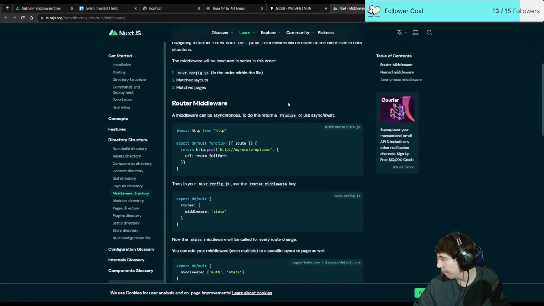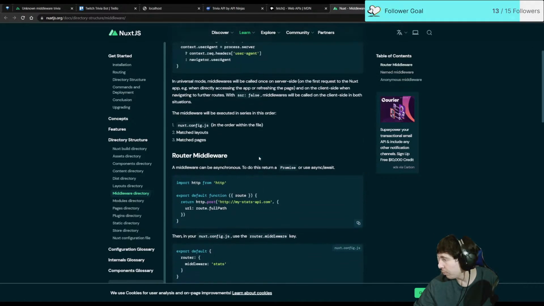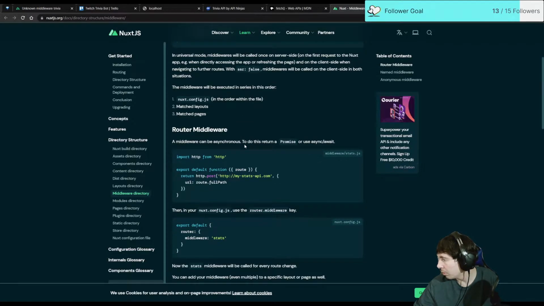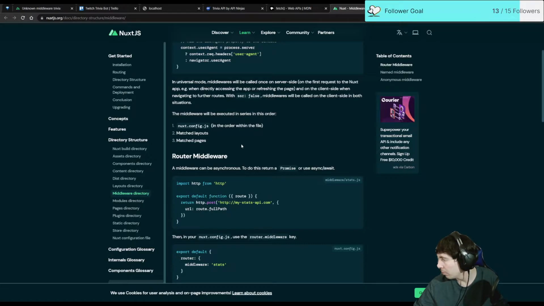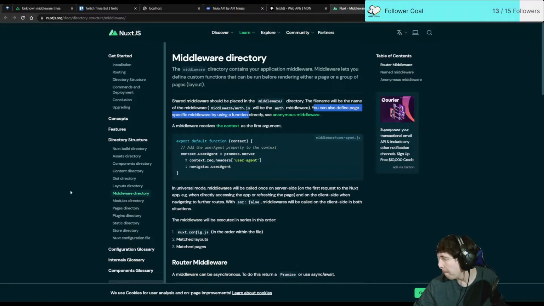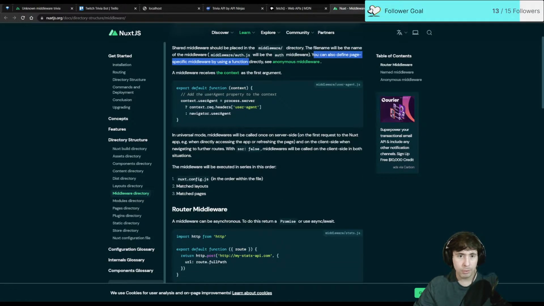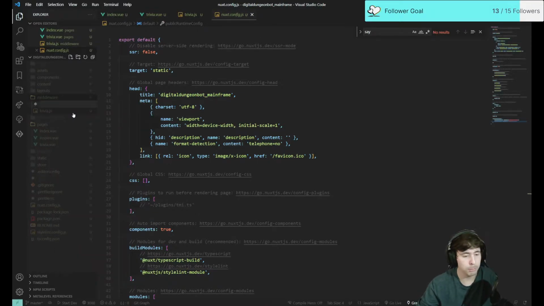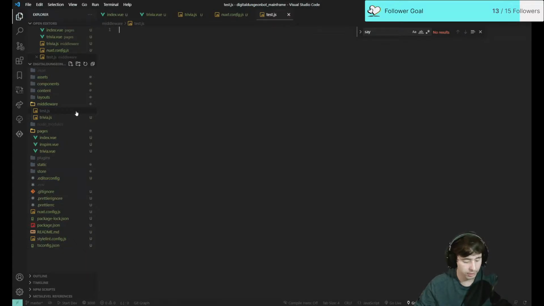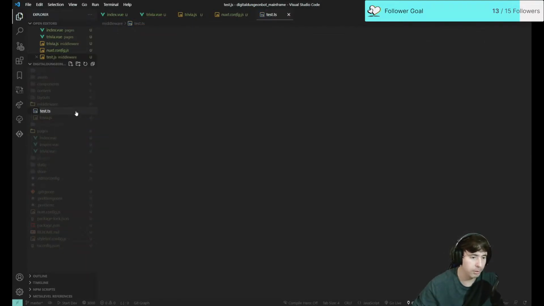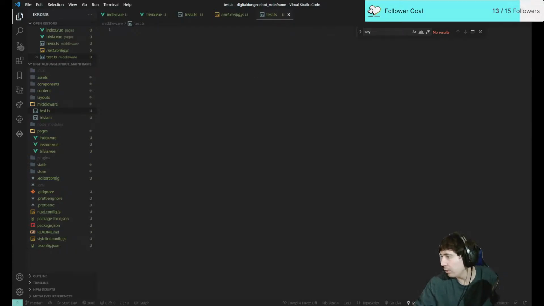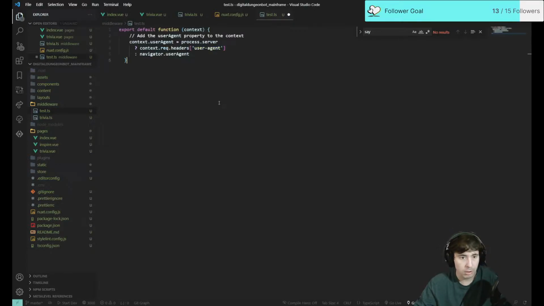anonymous middleware. All right, so typically, I think, for example, if you put, the way I'm assuming this works is if you just put like a test.js, or really test.ts, because we're using TypeScript, so TypeScript should be working on all of these. All right, so test.ts, and then basically if I just copy this, paste it, and actually what I was doing earlier was,